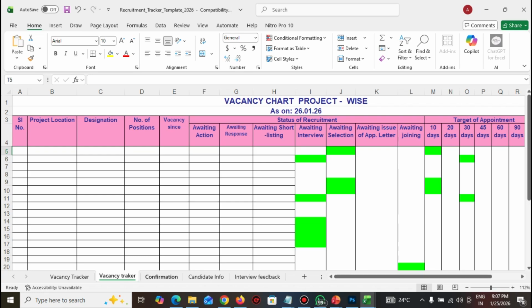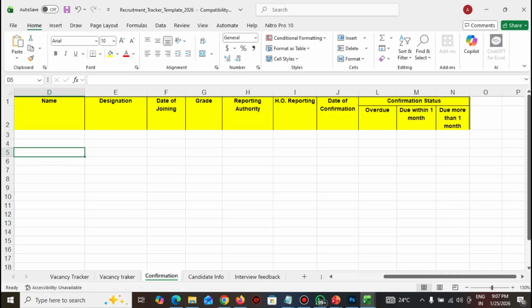Okay, and when it comes to the confirmation part, the candidate has been confirmed and you have already released the offer, but the candidate is in a notice period of 15 days, 1 month, or more than 1 month. You need to add those candidate details, confirmation details, and at what date he will join. Will it take 15 days, 1 month, or more than 1 month? So name, designation,